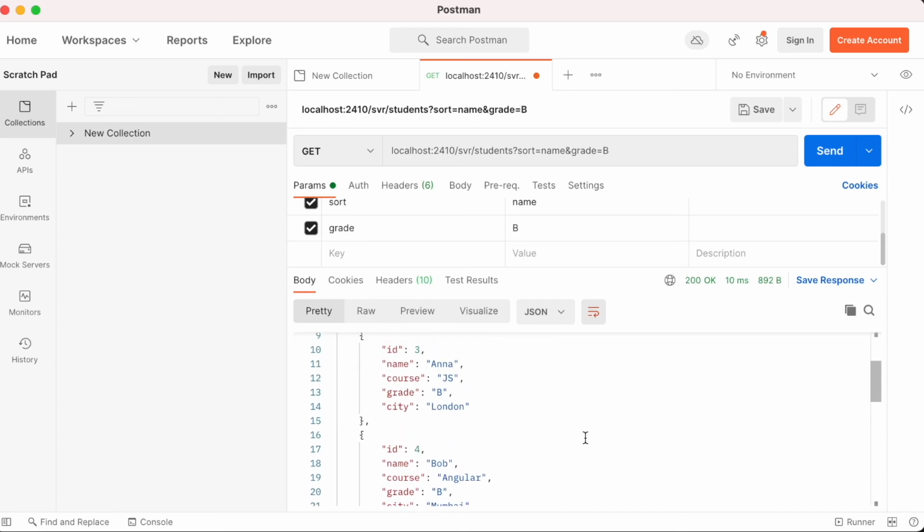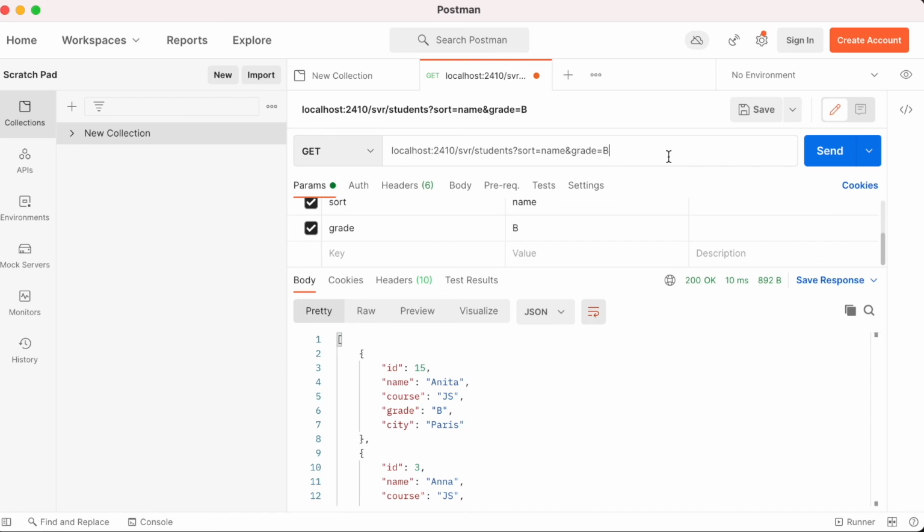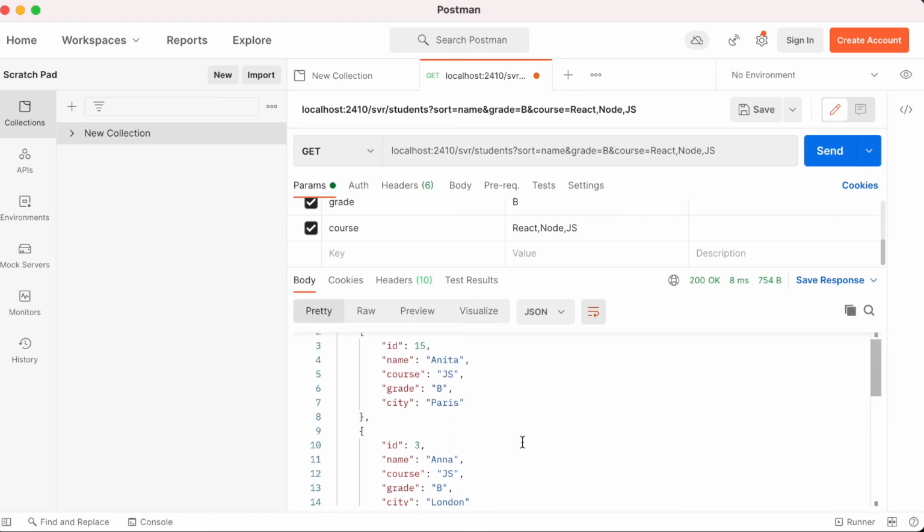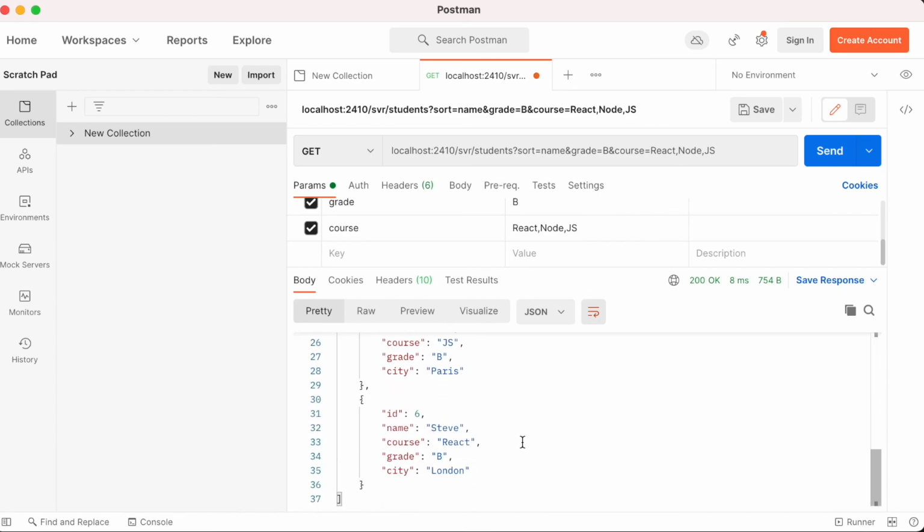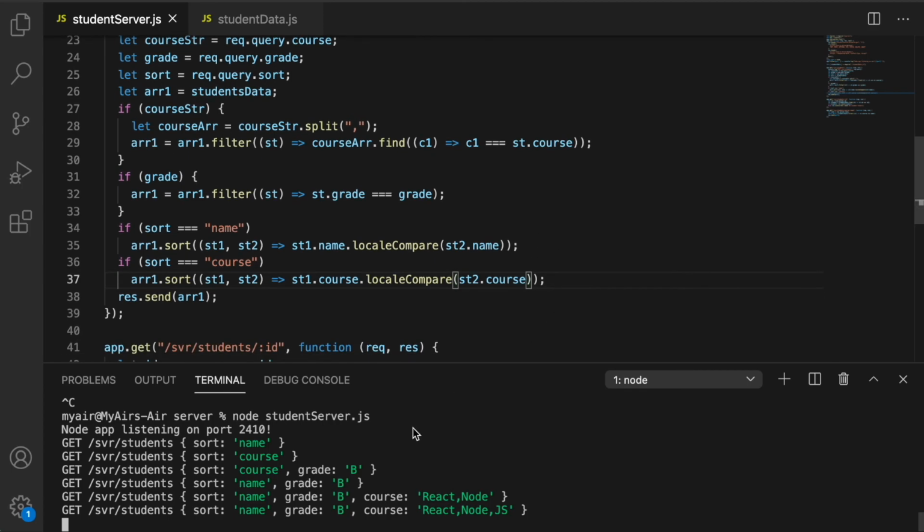So this seems to be working fine, and we can also put course is equal to say React comma node. So we just get one option. Let me add say JS also. So we get JS, they're sorted by name, and this is working fine. So this was the API we wanted to create. So this is working absolutely fine, and that is the value we're getting in sort, grade, and the course.